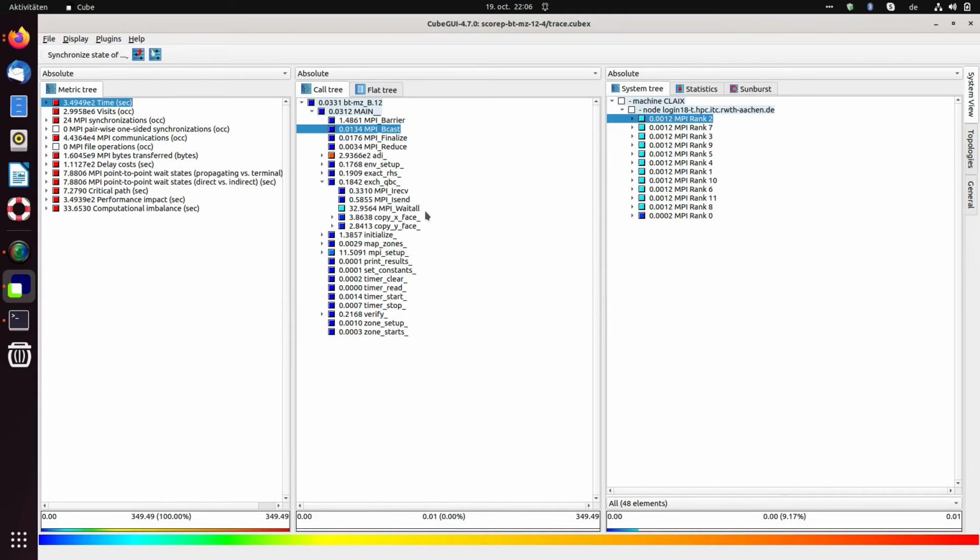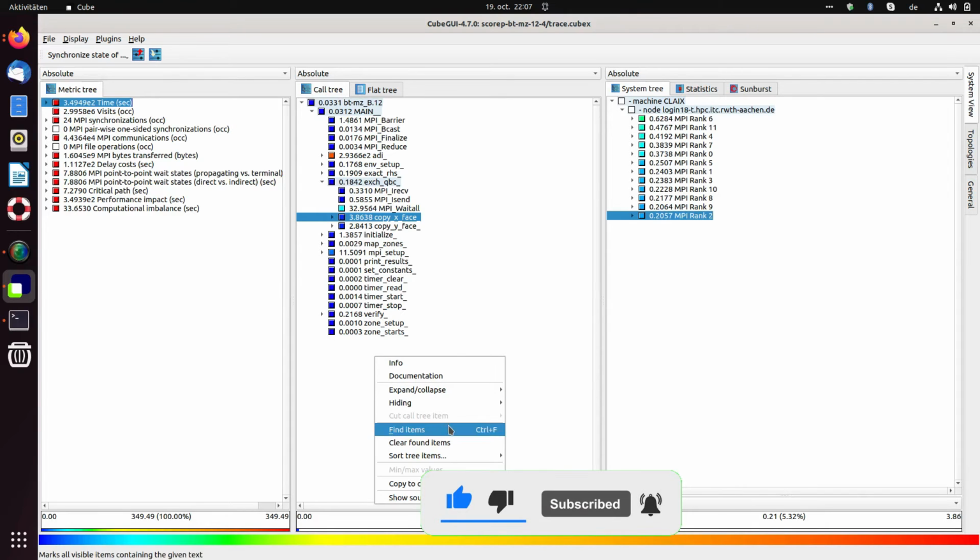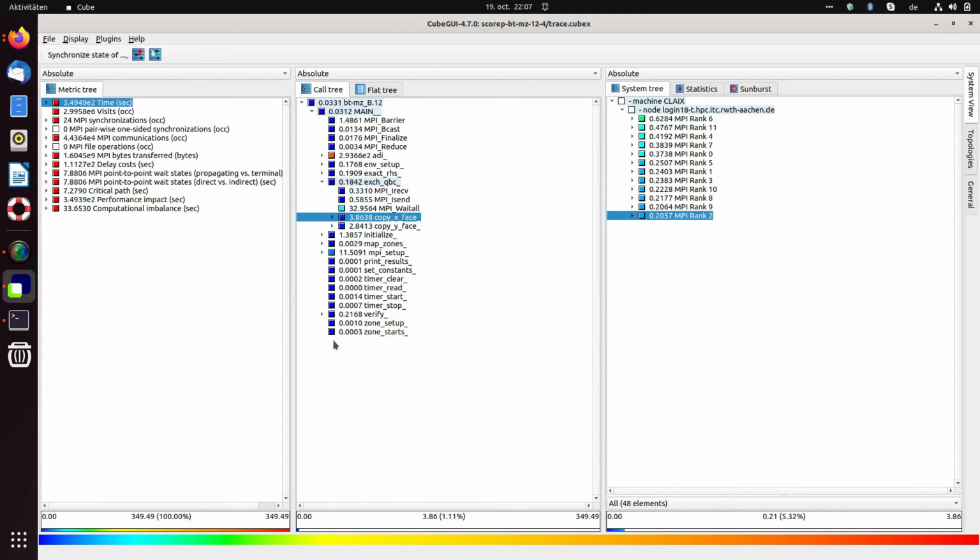One might think that this way I can find a region easily, but we see that here is MPI broadcast, here is a copy. So if the call tree is expanded deep enough, then again the sorting is mixed, and the argument that it is easy to find some call path is not valid anymore. For that, it is better to use the finding functionality, which I explained in one of the previous videos. So,